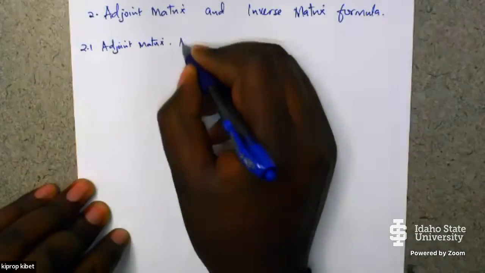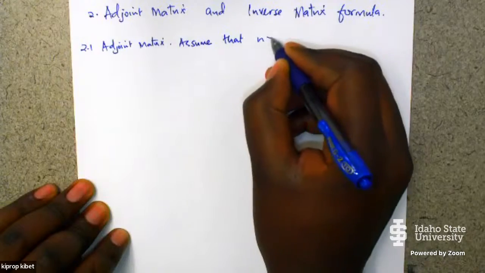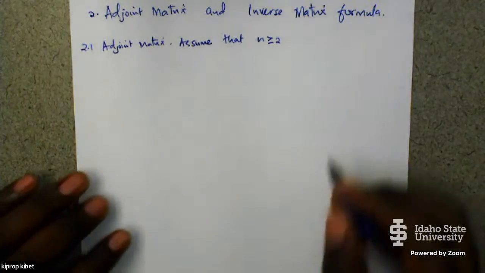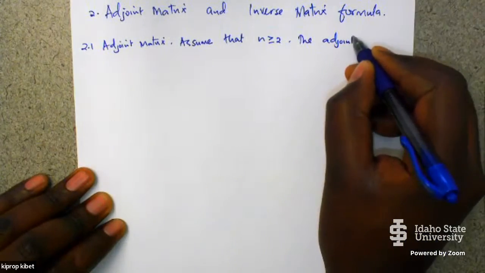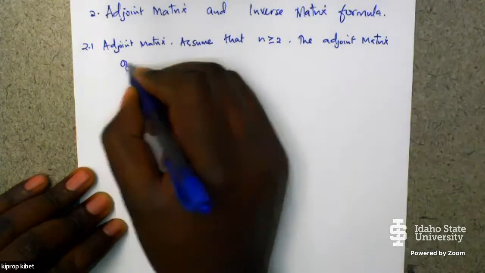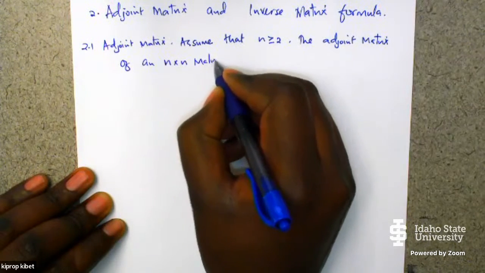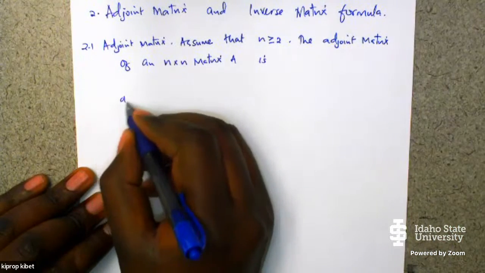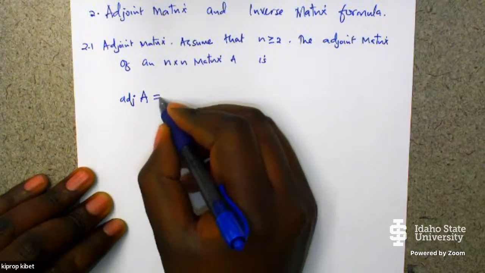So if we assume that n is greater than or equal to 2, then the adjoint matrix of an n by n matrix A, we write as adjoint of A, which is equal to